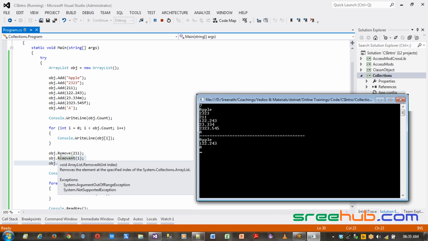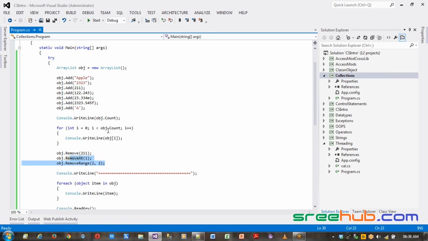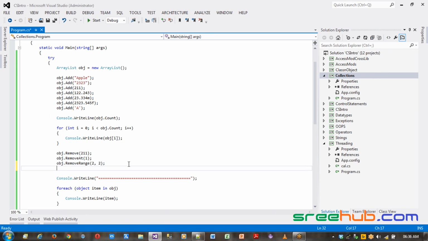Now whenever you remove anything, that memory will be freed up from the collection, right? And we have these elements in the collection. So that is how we read and do different operations in collections. Right? Let's see other